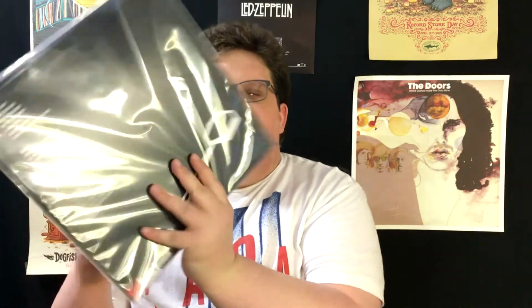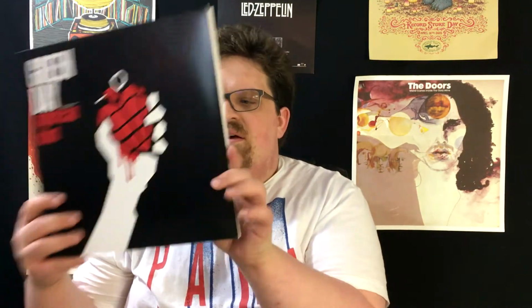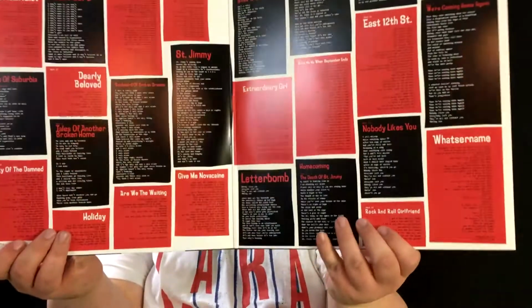My friend who lives in Europe, so it took a while for it to get here, but this is a European pressing of it, and this is a reissue of Green Day's American Idiot. This is on my short list of albums that are absolutely perfect. I might actually do a video of that. I know Andy, before I started watching him, he did, for one of his contests, maybe 10 perfect albums, and I only really have 10, and this would be on that short list. Just wanted to show you that this is just on standard black vinyl,